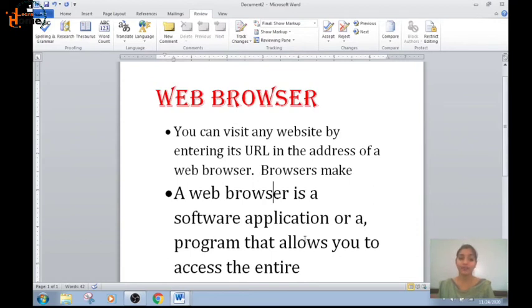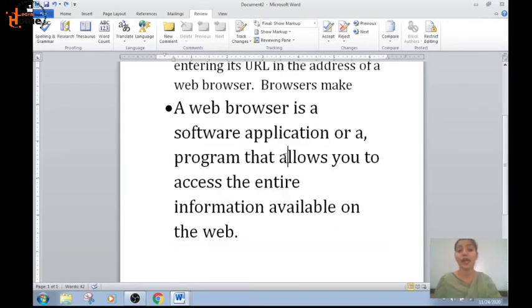Okay. Next, one more very interesting option in MS Word is the thesaurus. What is the thesaurus? Thesaurus is a feature in MS Word that helps you to improve your vocabulary. If there is a word, suppose allows is a word, okay, and you do not want to use allows again and again, or you want to use some other word similar to allow, okay. So what will you do?